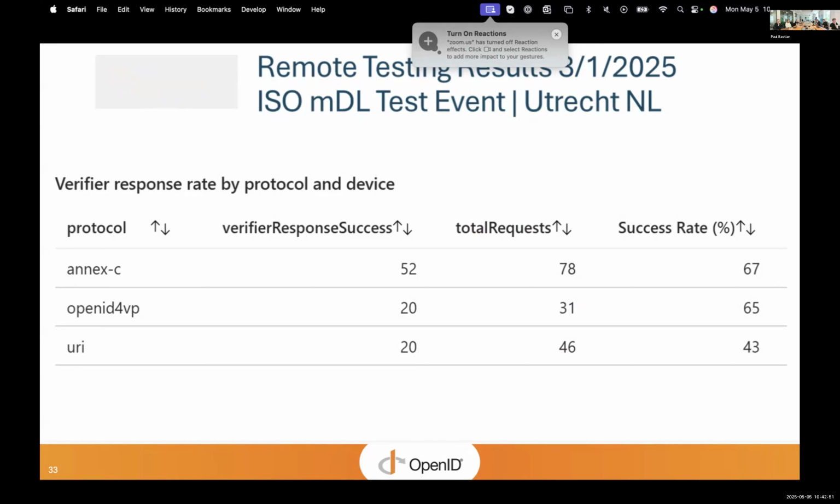And we had no filters. We just allowed every wallet to test any of the protocols. And we were able to really quickly see the verifier response successes and the overall success rate for each of the protocols within the standard. Why this is a really important snapshot and a really important lens is that event was on March 1st of 2025.